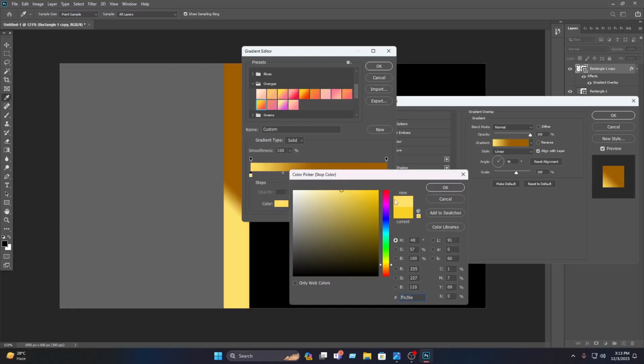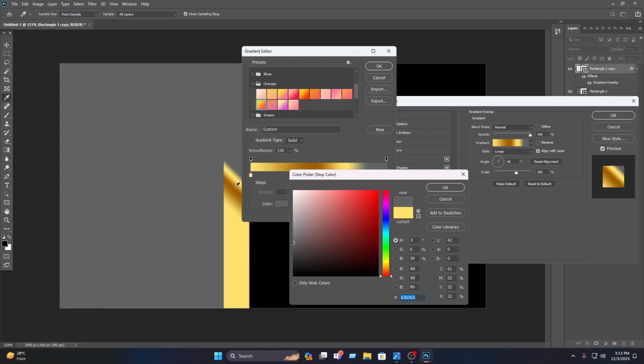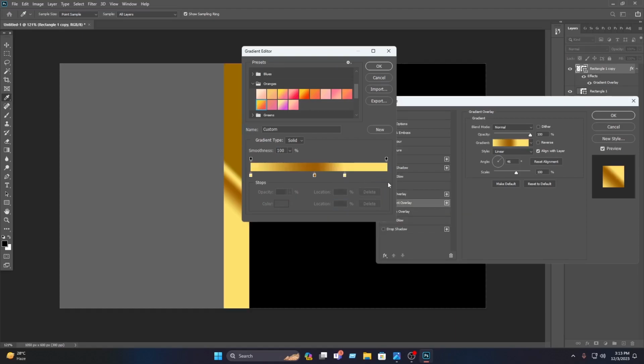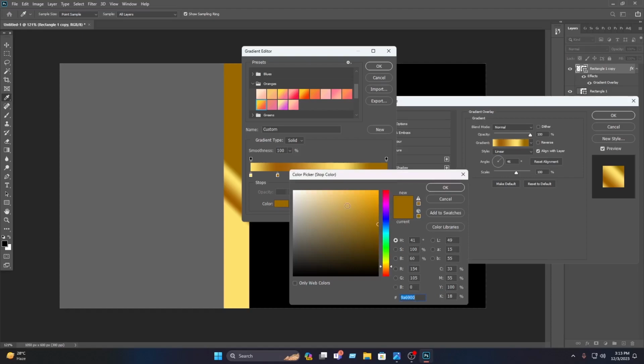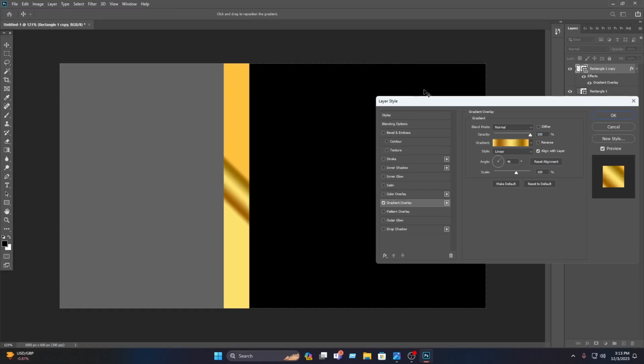then select this and click on the color, then select this color from here, then click on the OK, then you have to click on here, then you have to click on here, then click on the color, then you have to select this color from here, then click on the OK, then select this and drag this in here, then select this and drag this in here, then select this and drag this in here, then click on here again, then click on the color, then select this color from here, then click on the OK, then you have to select this and drag this in here, then select this and drag this in here, then select this and drag this in here, then click on the OK,